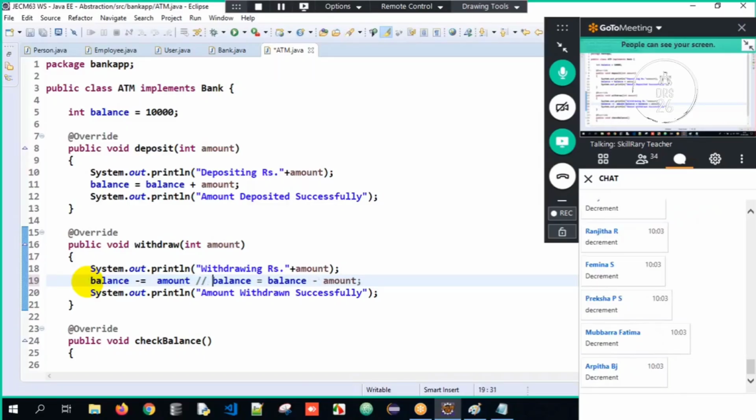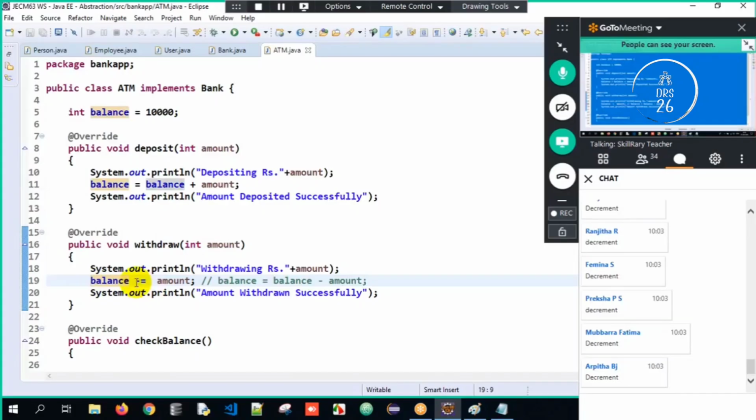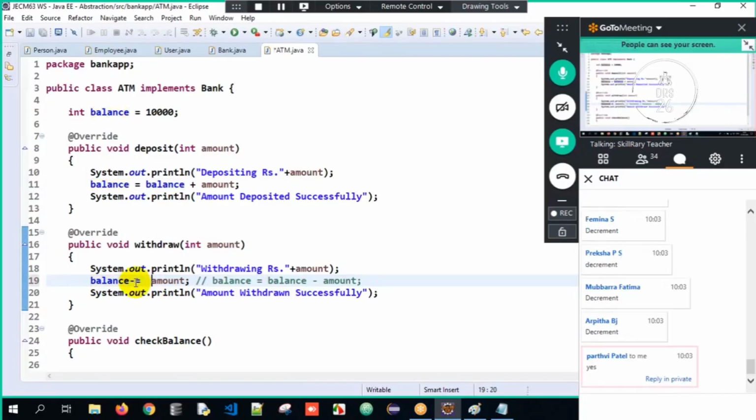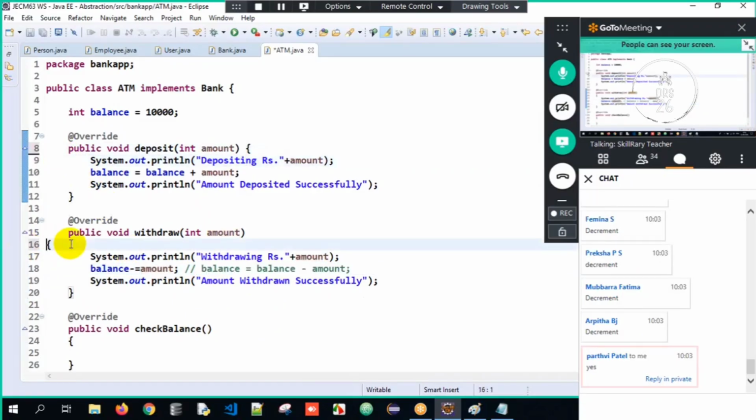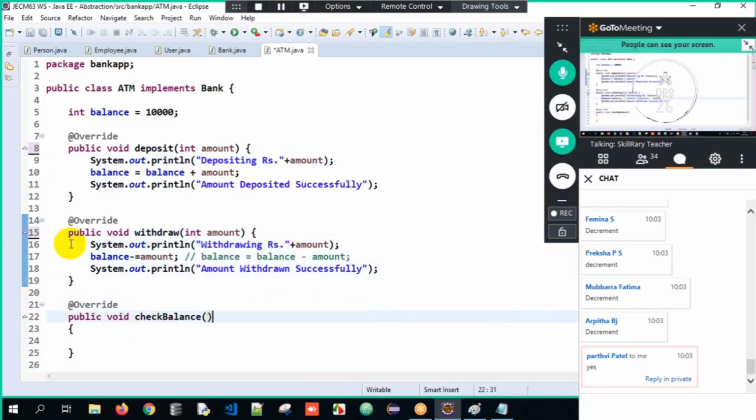So we can also write it like this. What is happening over here? Balance minus equal to amount, meaning balance equals balance minus amount. Did we do it long back? Assignment operators. So we can do this entire process, meaning we deduct the amount from the balance and reinitialize it back to balance only. This is all about it. So this is how you are supposed to be smart enough and do this.